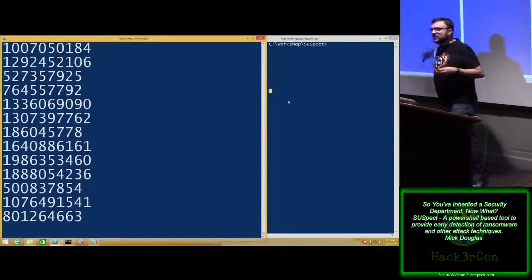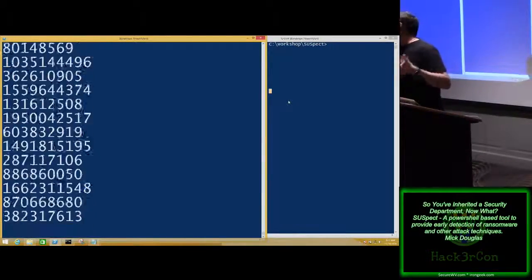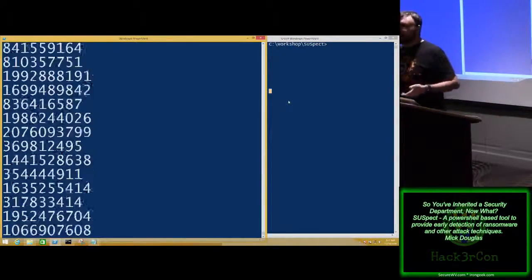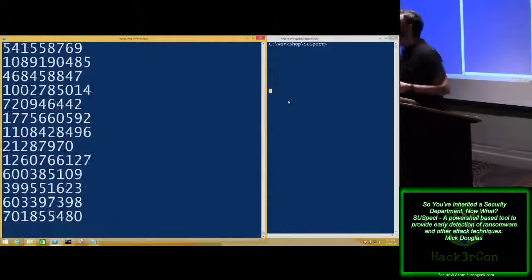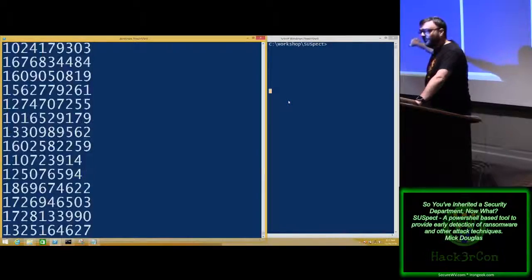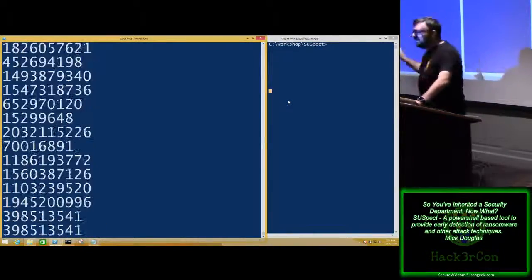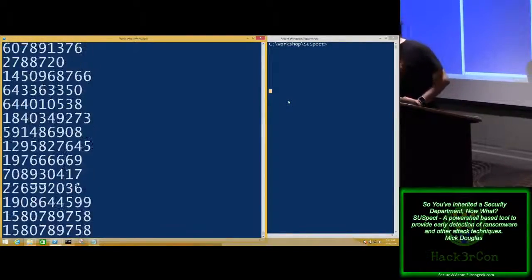Perfect. All right. Here's what we got going. This is simulated malware, or ransomware. I could do a real demo with ransomware running, but you don't really see it. There's nothing to see. So what we got here is a random number generator that's just running.